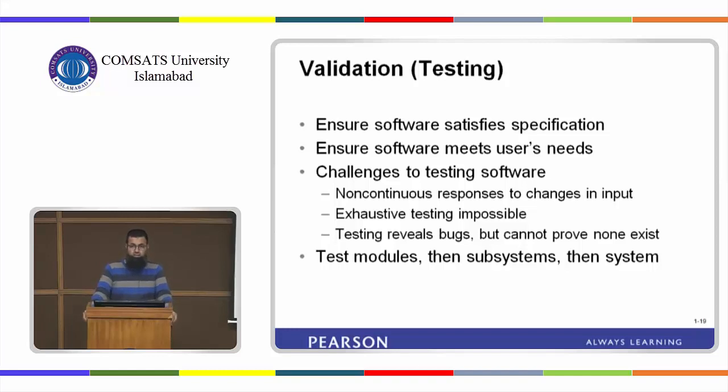Validation is about testing. I think earlier in this chapter we discussed that we do testing to validate the requirements, and when we are testing the software, it needs a lot of time and a lot of resources. So it depends on the allocated resources. If you have enough resources, enough time, and the budget, then you can do this testing and this validation in a thorough way. Otherwise, you will deliver a system that most probably will have bugs.